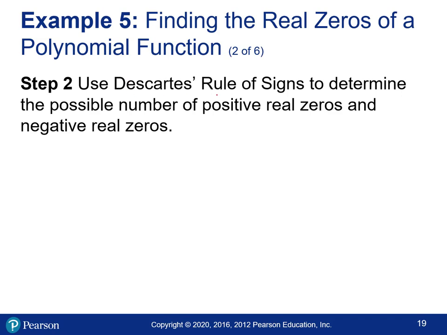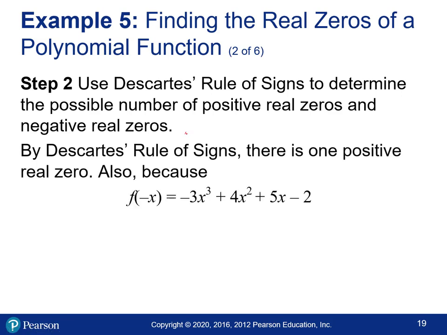Next, let's use Descartes' rule of signs to determine how many positive and negative real zeros we have. Our function, let's write down the original, was 3x cubed plus 4x squared minus 5x minus 2. If we count the sign changes, this is positive to positive, so no change there. Positive to negative, so 1 change. And then negative to negative, so no change there. So there was 1 sign change for positive f of x, and so there's 1 possible positive real zero,